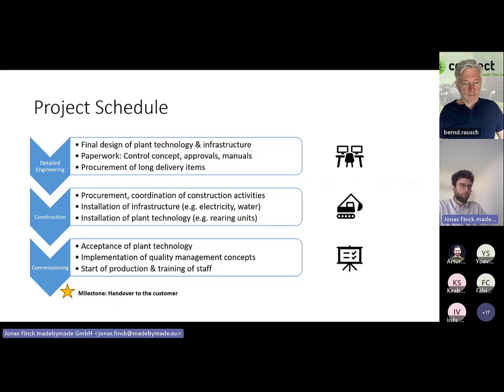And for the time framing for our plant design, where we process between 20 and 40 tons per day of substrate, you need roughly a timing of 8 months to 1 year, but it's highly dependent, of course, on the location. If you want to use an old building or you want to build a new building, it's of course always very dependent on the location.